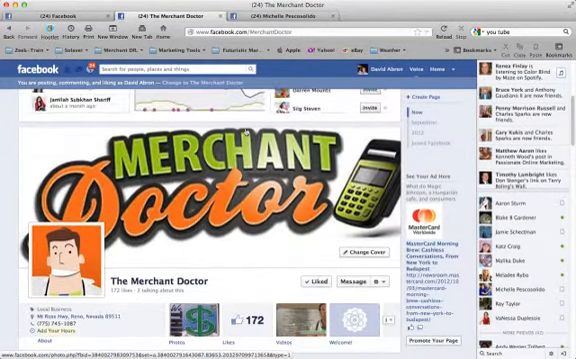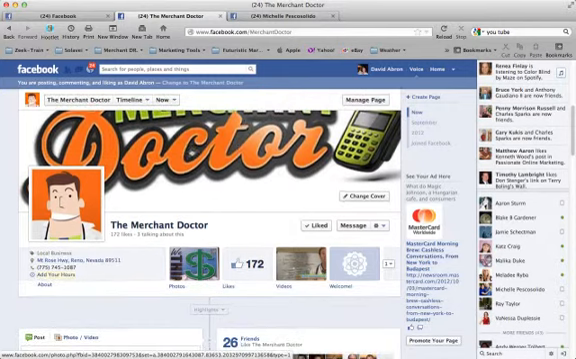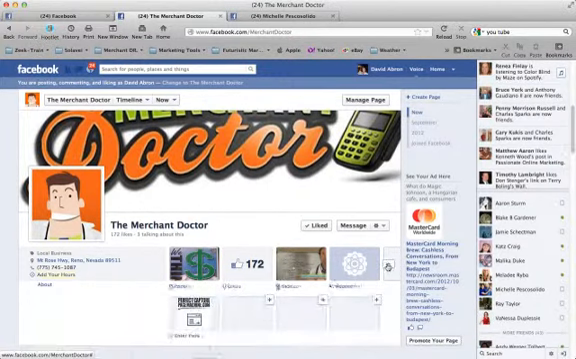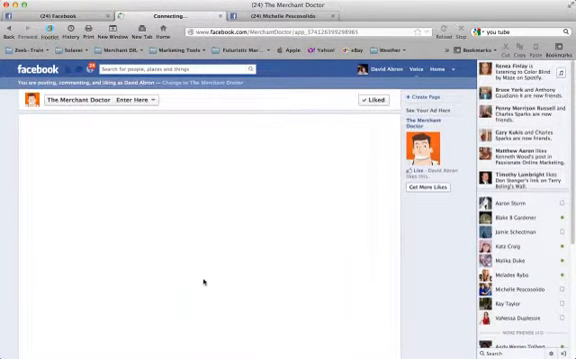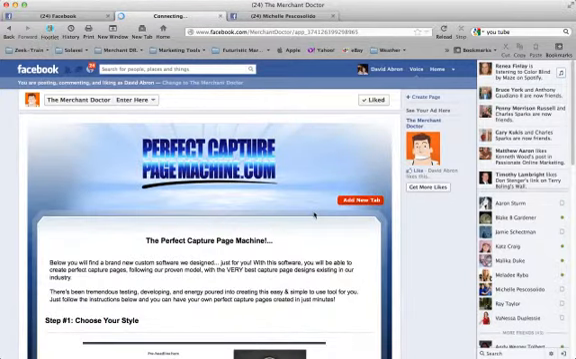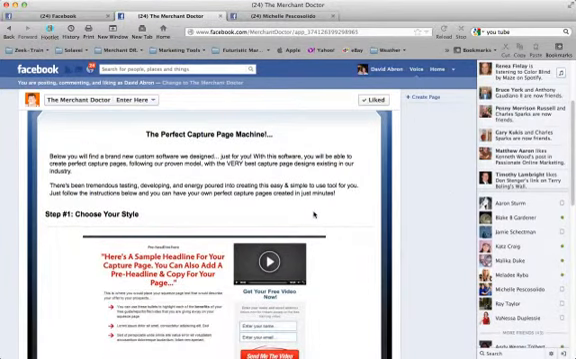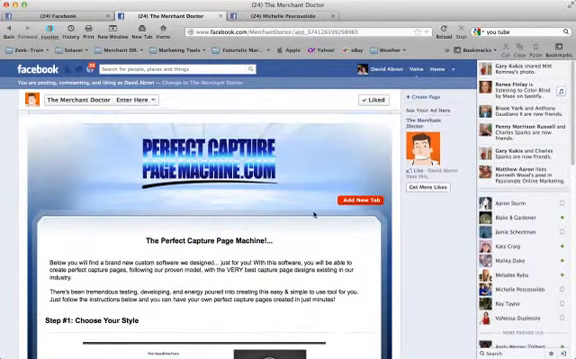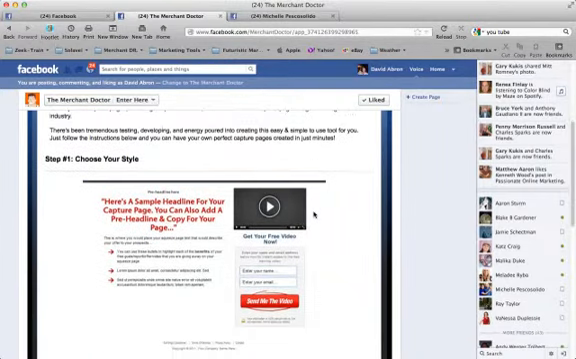Here's the Merchant Doctor that we've been talking about throughout this series, and on this fan page, we have these tabs. Okay, you can't do this on personal pages, but only on fan pages. When we go in here, I've created this tab. This is going to be a land page within Facebook, and this is software that we can provide for you guys. It's called the Perfect Capture Machine, and this shows you how to build a